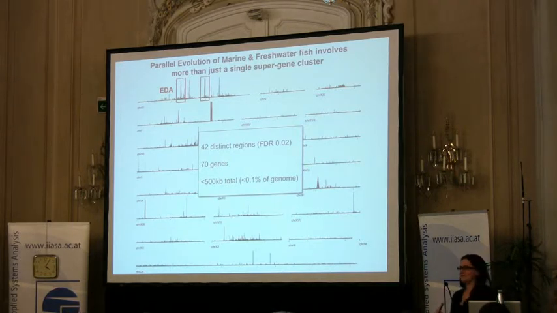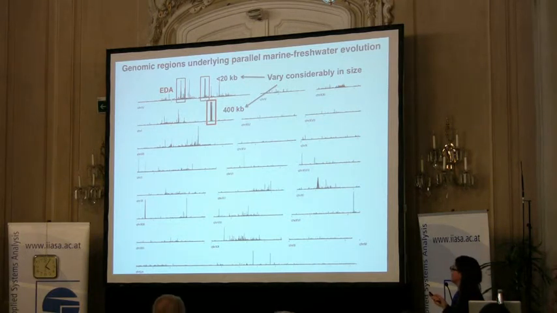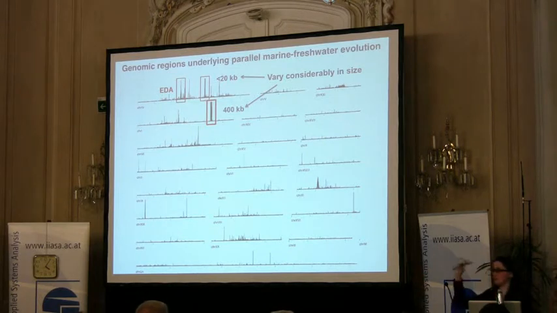So a very small representative of the genome is responsible for the divergence that we see between forms. I mentioned already that they vary considerably in size, but we were really surprised to see that some of these are quite huge, like 400 kb in size. With data I'm not going to talk about today, we have good evidence to suggest that some of this is associated with structural rearrangement. So inversions are actually trapping together marine-freshwater alleles that are segregating across the world. That's exciting too.